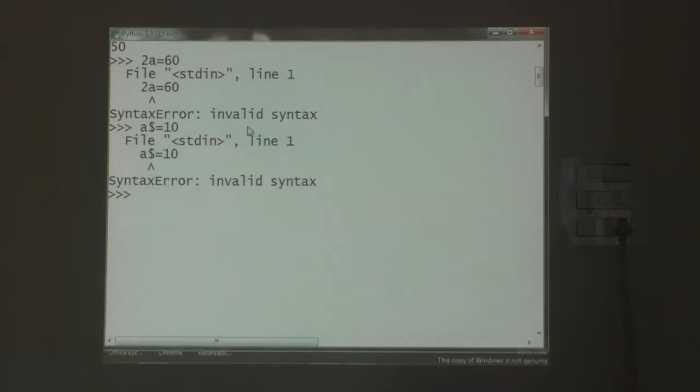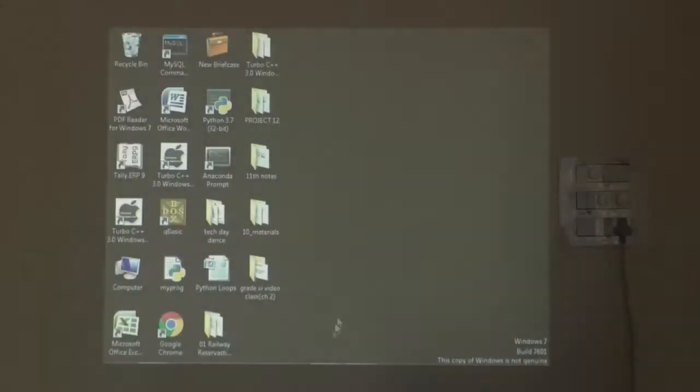Did you understand, student? So identifier is nothing but variables. When we are declaring a variable, we should follow some rules. So what are all the rules we have seen?